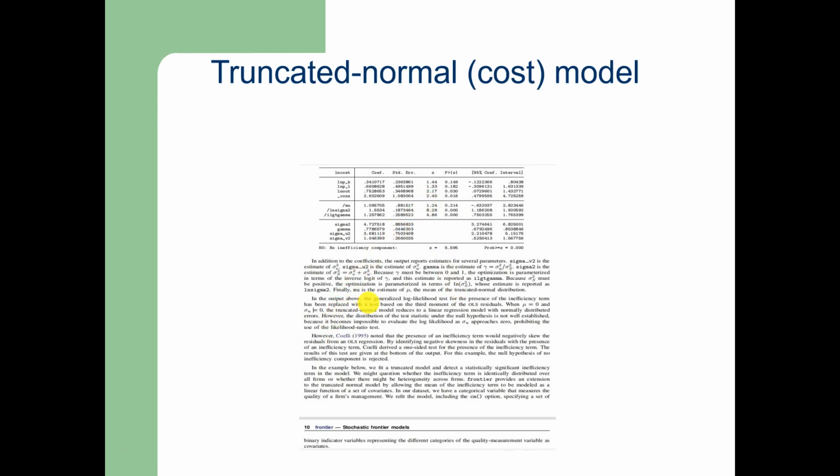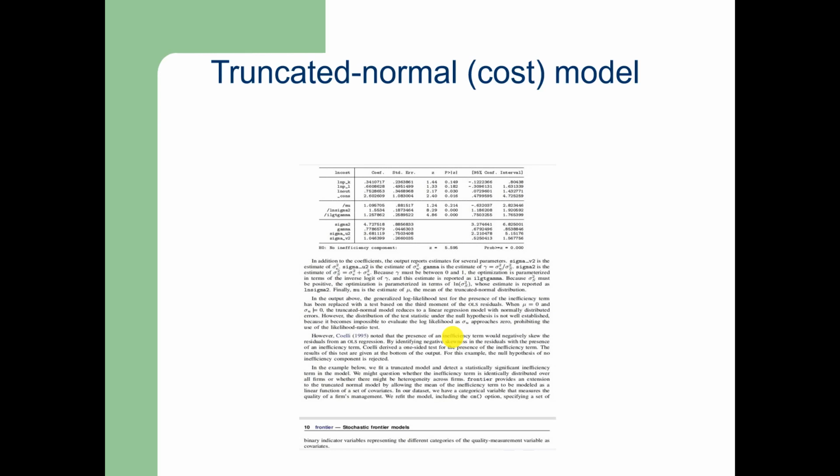In the output above, the generalized likelihood ratio test for the presence of the inefficiency term has been replaced with a test based on the third moment of the OLS residuals. When mu is equal to 0 and sigma square u is equal to 0, the truncated normal model reduces to a linear regression model with normally distributed errors. However, the distribution of the test statistic under the null hypothesis is not well established because it becomes impossible to evaluate the log likelihood as sigma square u approaches 0,